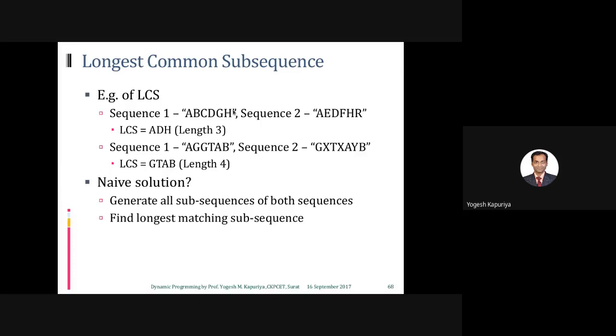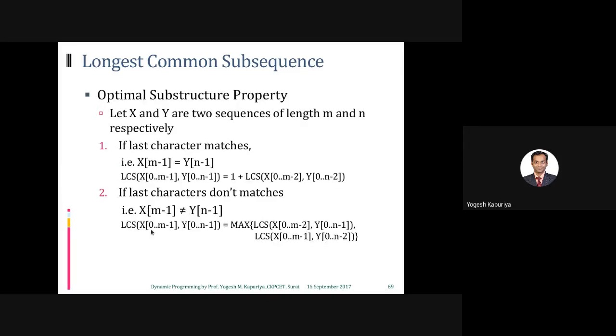That means your first problem is you give the entire sequence 1 and skip the last character. And second, you skip the last character in sequence 1 and give the entire sequence 2. Whatever is the largest one, that will be your solution to the main problem statement. So in case the last character does not match, your solution can be achieved by solving these two sub problems.